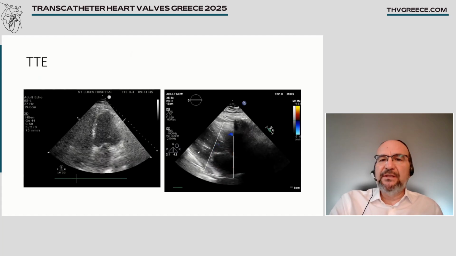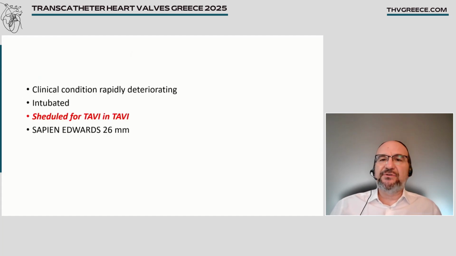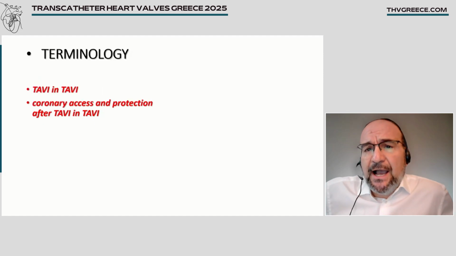And actually, within 2 days after admission, the clinical condition rapidly deteriorated. She was intubated, and we had a heart team discussion, and due to all her comorbidities, she was scheduled for TAVI in TAVI. So the only valve that so far has a CE mark for TAVI in TAVI is the SAPIEN valve. So she was scheduled for a SAPIEN. But when we did all the preparation, we need to look at a lot of things before we end up with the procedure. So I'm going to analyze